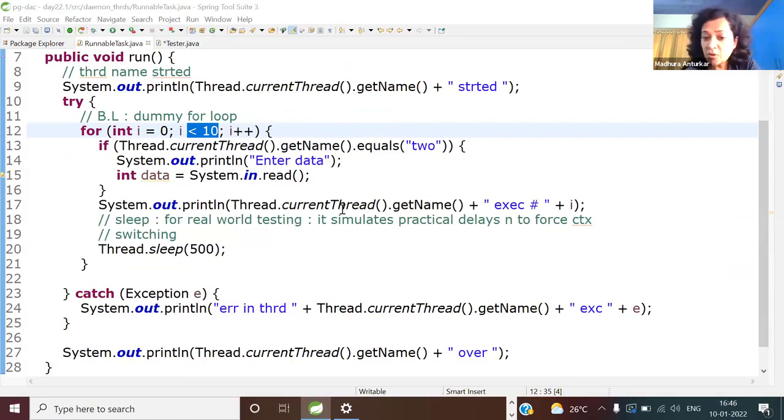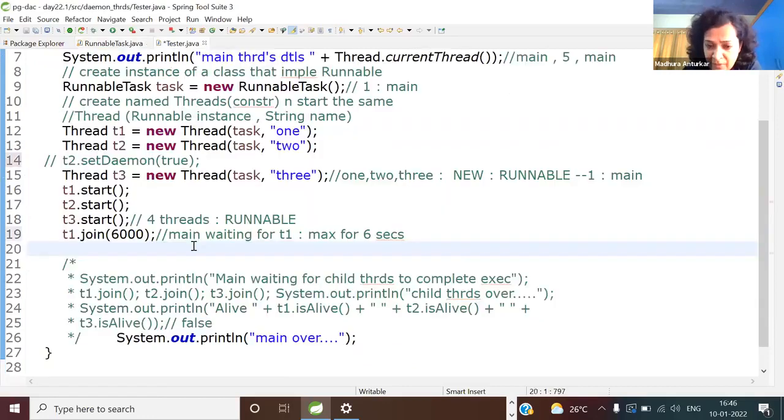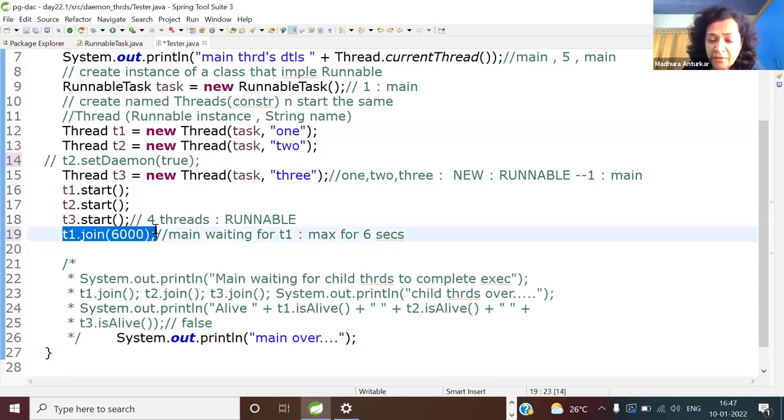Okay, fine. So now I am asking you, T1 is going to run simply this delay loop 10 times. So 500 into 10, 5000. So 5 seconds max your T1 will take. So I was asking you, after T1 is over in 5 seconds, will your main wait for 6 seconds or after 5 seconds will it come out? Simple question. We have done this on the first day. Join and all. It will come out. It will just unblock after 5 seconds.